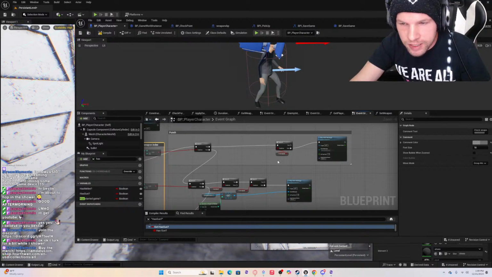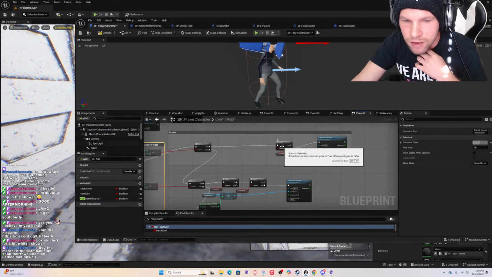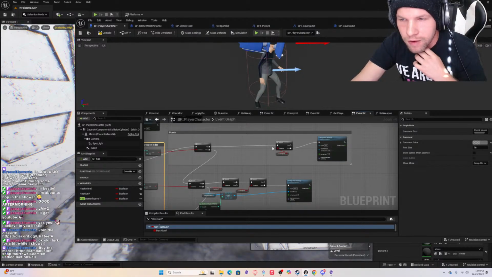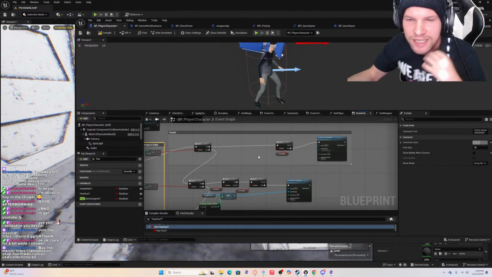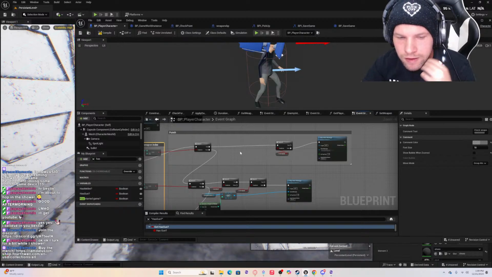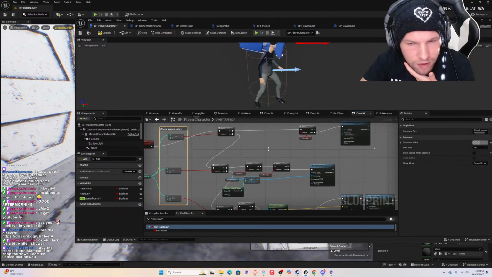It checks if the player is already swinging so that you can't rapidly tap it, so it just adds a cooldown for the punch.